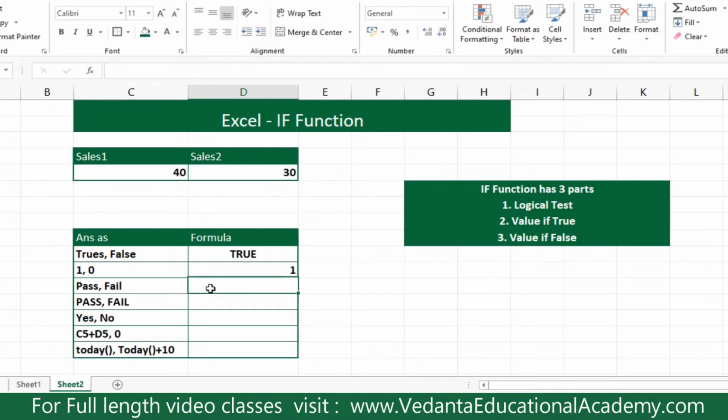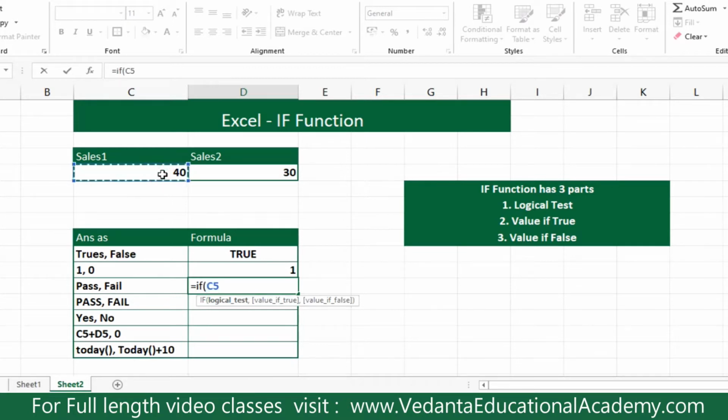Next, see, this is the Boolean expression, which is displayed at the middle of the cell, and this is the number 1, which is displayed at the right side of the cell. Next I would like to print a text. See how: I would like to print pass if 40 is more than 30, or else print failed. Then you just start equals IF, open bracket. What is the logical test? 40 greater than 30, that means C5 greater than D5, comma. If the logical test is satisfied, I would like to print the text called